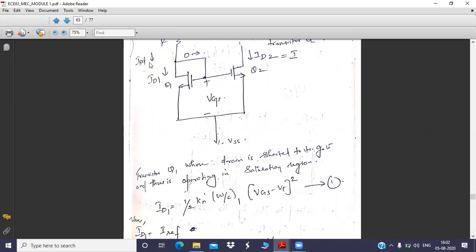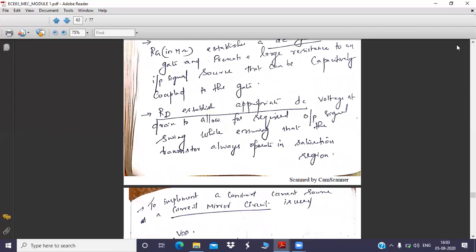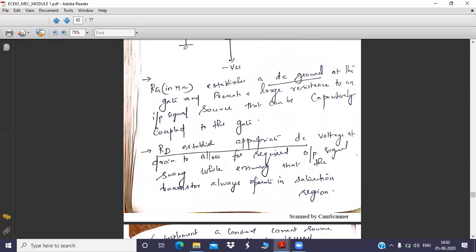So whatever current you want, for example, in ICs, in data sheets and all, they'll be specifying that this particular IC will have a maximum capacity of this current, or this particular transistor will have a maximum saturation current of this particular value. So what does it mean actually? That particular IC will have a maximum capability of handling so many milliamps. And how are we maintaining that particular ampere? By fixing appropriate resistance in suitable circuit elements. So here you have used a resistance R, and by using R only, you have fixed IREF by applying just Ohm's law.